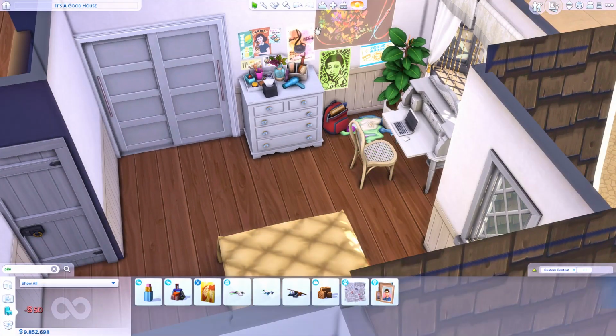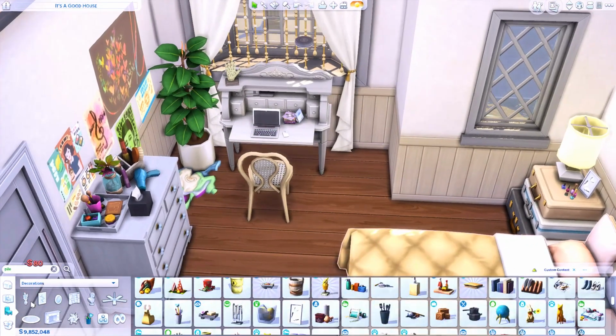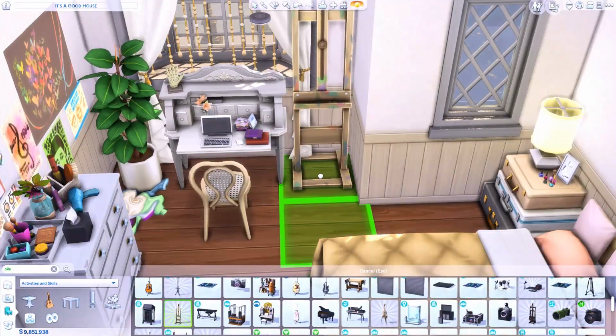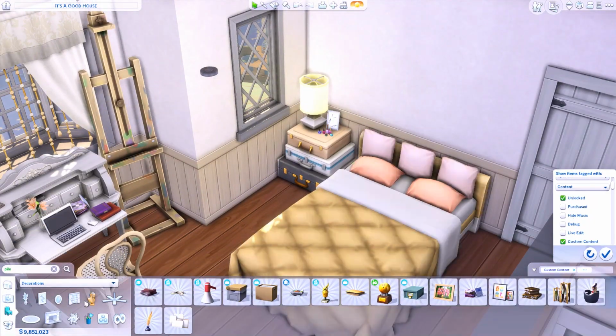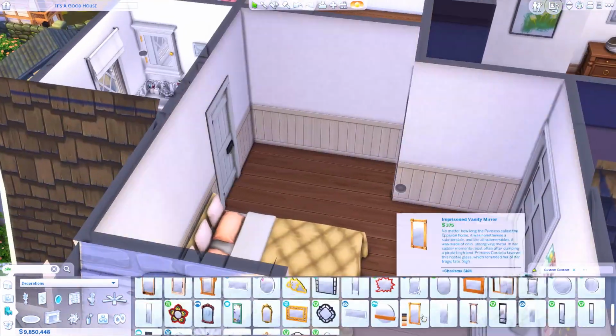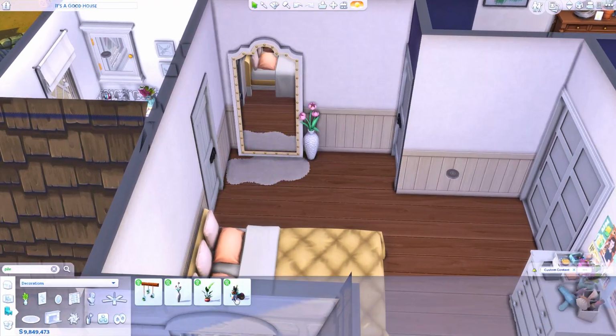But I imagine this seemed to be quite bohemian as well. And so I tried to replicate that kind of idea into the furniture. And so I use a lot of stuff from the Paranormal Stuff pack. The curtains, the desk, the chair, and also that little hand kind of sculpture thing is also from that stuff pack as well. But in this room, I also did actually add a little art easel because maybe this sim really enjoys art,